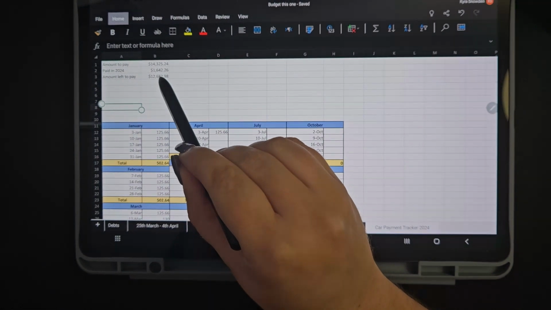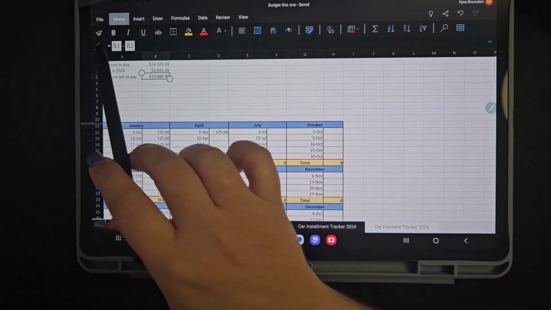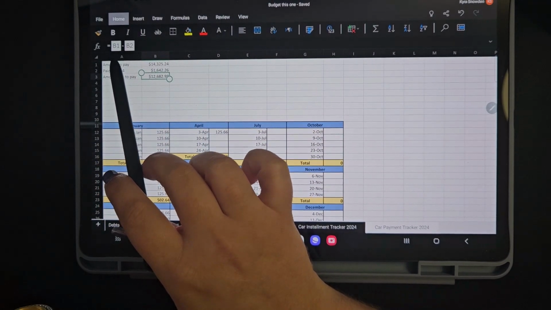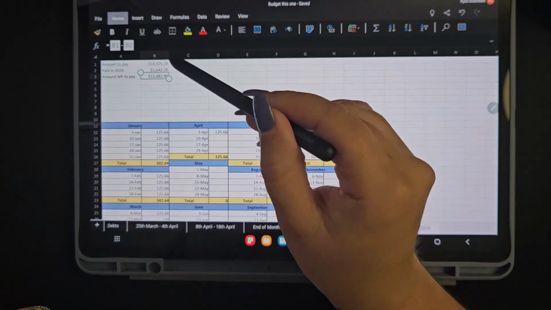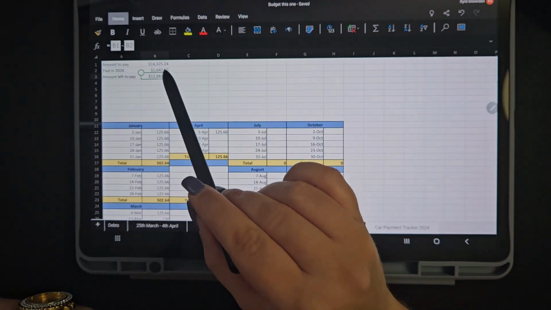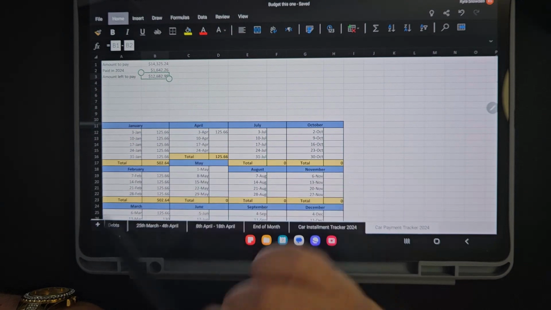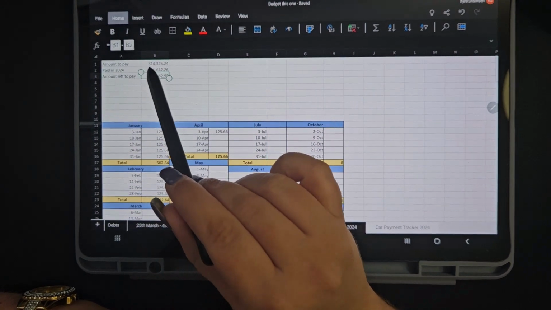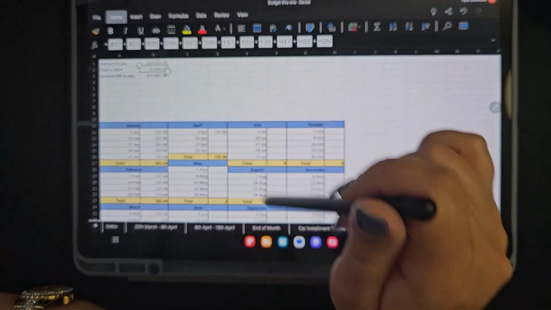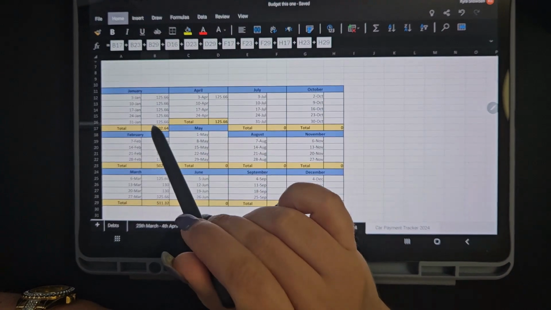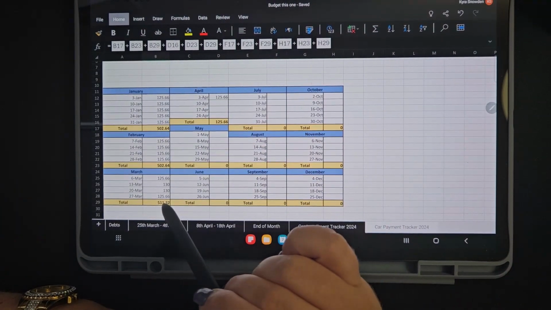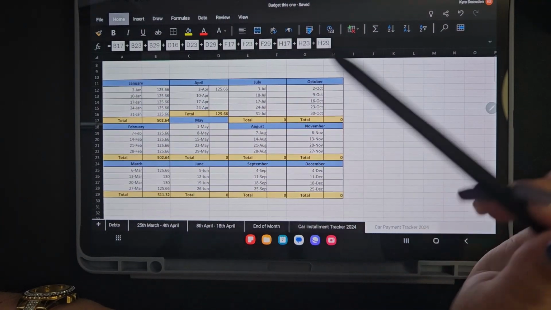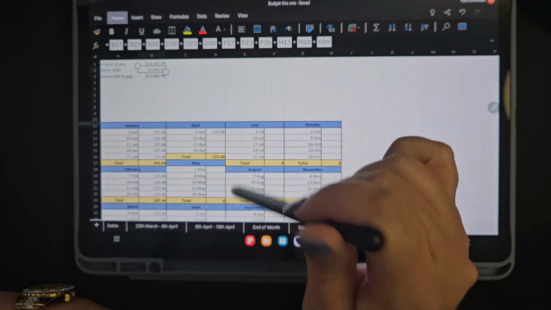So how you work out the amount left to pay is B1, which is this one, amount to pay, which was the start of the year, and the amount left to pay, or the amount I've paid. The amount paid is all the yellow cells for each month, and